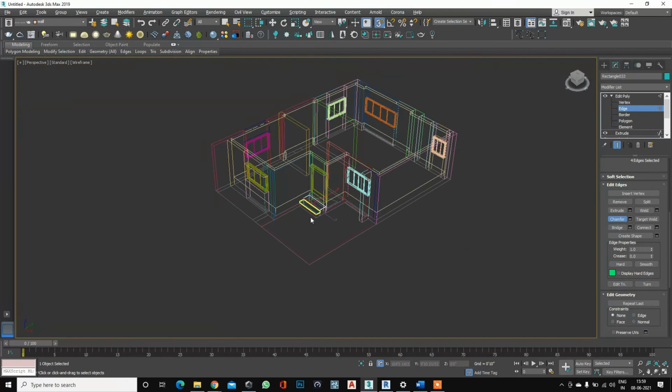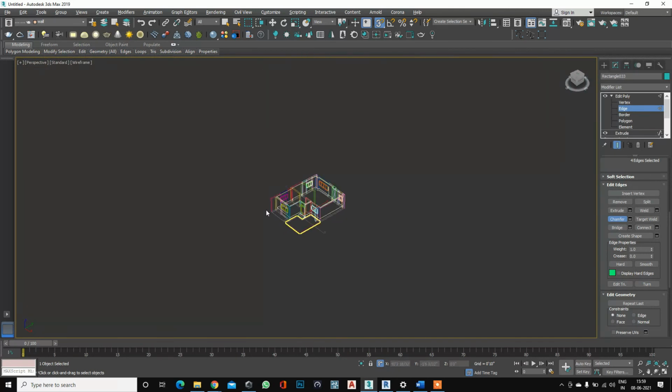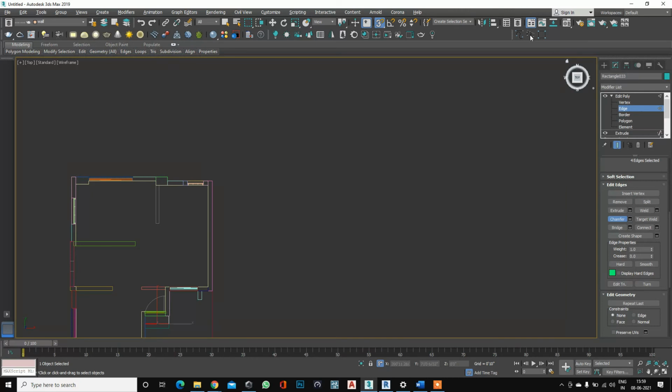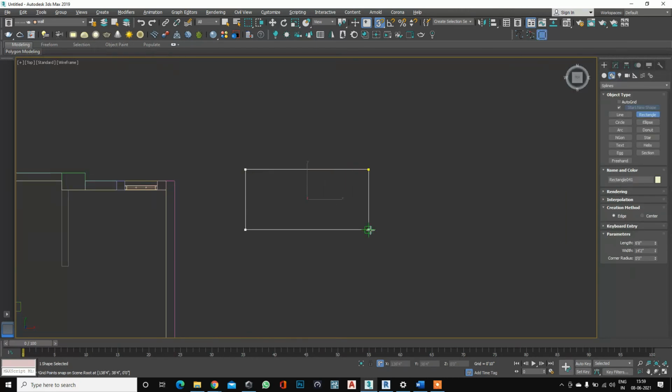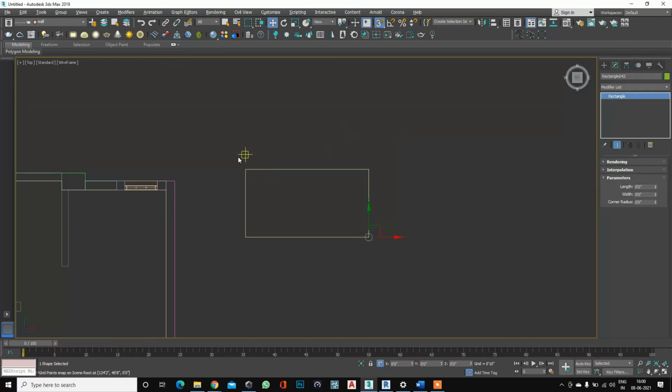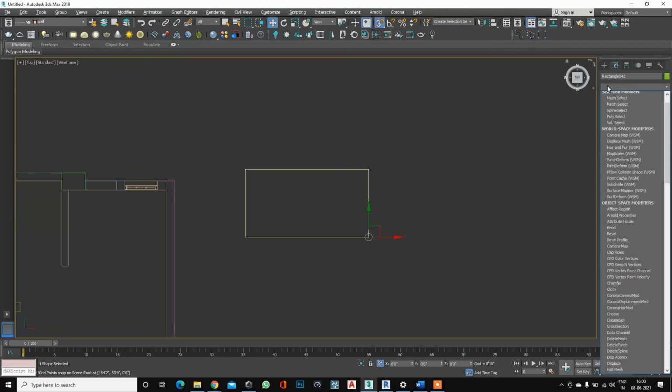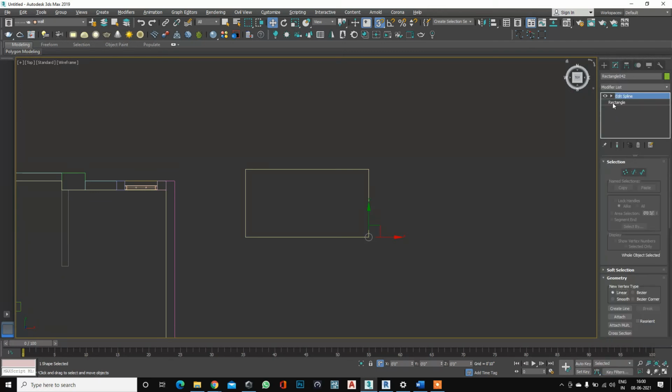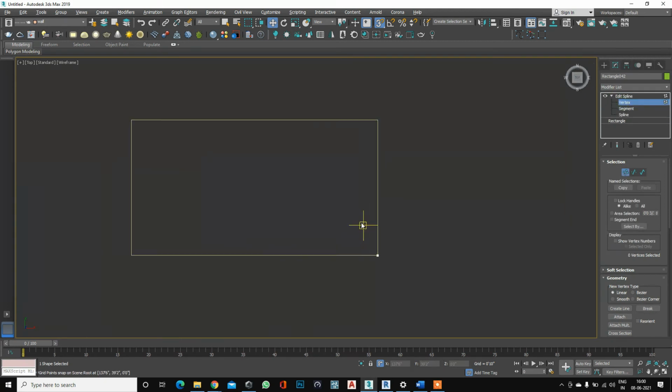Okay, now the other one I will show you here. Suppose I create a rectangle here. Then go to modify. Whenever you draw a rectangle and go to modify, you can find just a rectangle, you cannot find any editing tool, so you need to convert it to a spline so that you can find the edit. Now you can find the vertex of this rectangle.